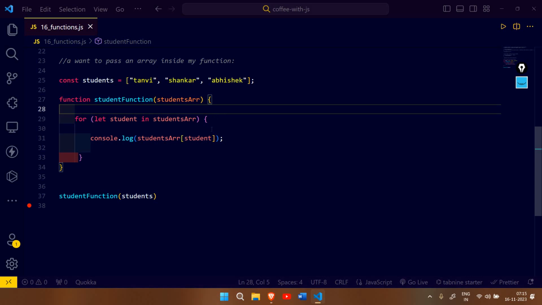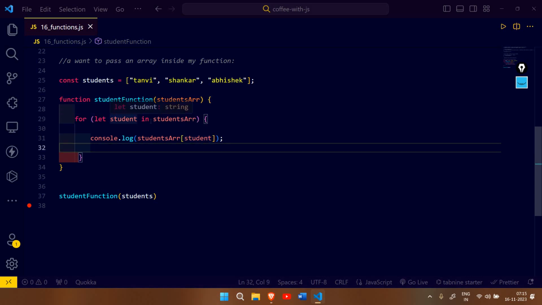मैंने इसमें पास किया पूरा का पूरा एरे, उसके अंदर लगाया मैंने फॉर इन लूप। फॉर इन लूप, फॉर लूप दोनों ही लाइक मोस्टली सिमिलर ही है, बट सब वैल्यूज का फर्क है। तो इसमें क्या किया मैंने, let student in student array। ये मेरी एक एक वैल्यूज को जाकर चेक करेगा। इसको हम एग्जाम्पल के तरह समझते हैं, लाइक एक क्यू है स्टूडेंट की, और उस क्यू में 3 स्टूडेंट्स हैं। अब हम जैसे असेंबली में खड़े होते थे स्कूल में, तो उसके अंदर 3 लोग एक रो में खड़े हैं।